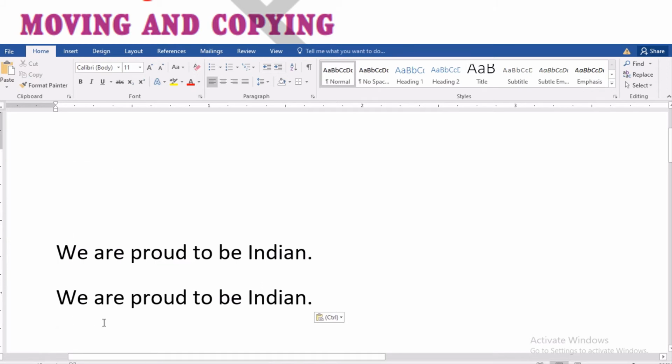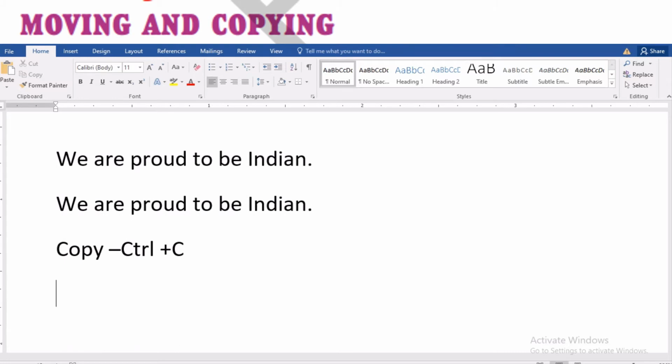You can use the keyboard shortcuts that I am writing here. For copy you can use Control plus C, and for paste you can use Control plus V, and for cut you can use Control plus X. I am writing here in capital, but you will not make them capital or small.